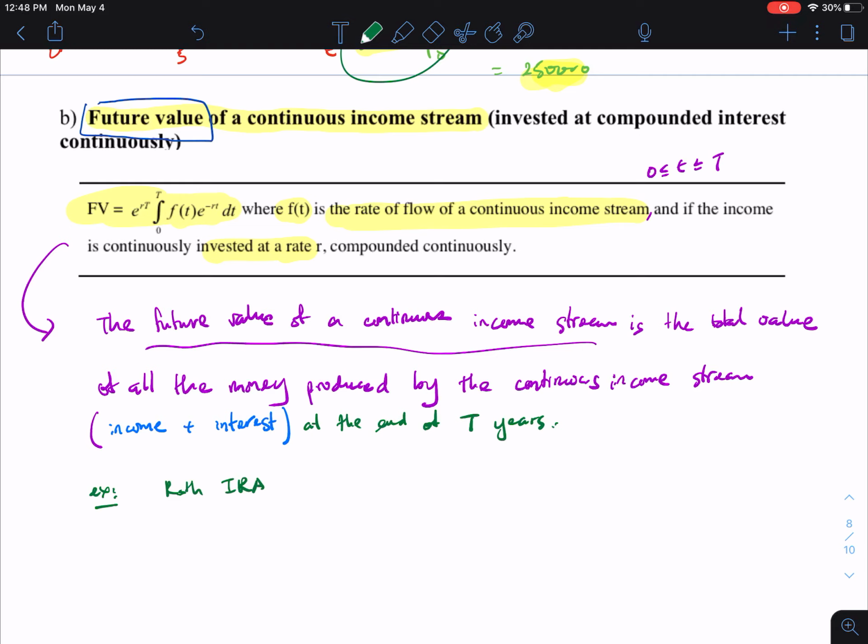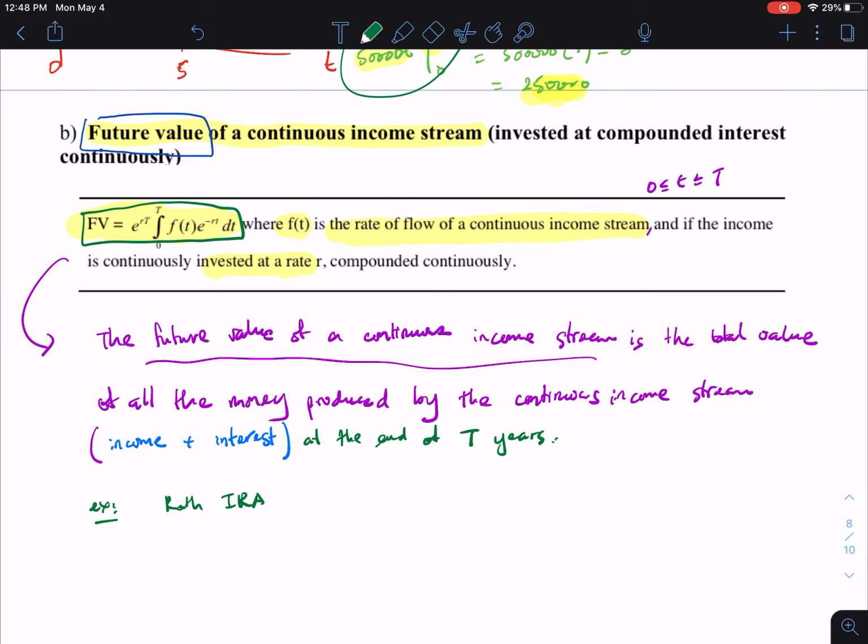You've probably heard a lot about this. If you start when you're 30 years old, or 25 years old, and you do this for 30 years plus, you can technically become a millionaire by the time you retire, right? So this formula talks about that. This formula shows how to calculate the exact amount if we deposit a certain amount into our account with a certain interest rate, and we want to know how long it will take to get a certain amount of money by the time we retire. Is it 30 years, 35 years? So this talks about that.